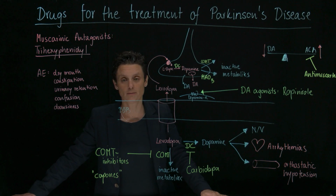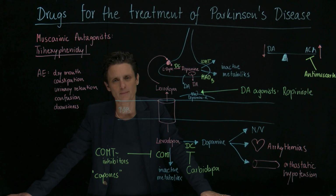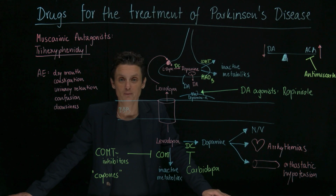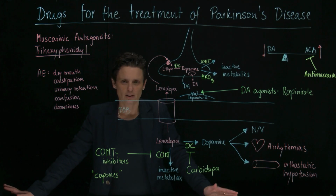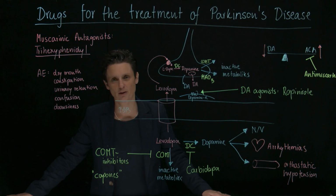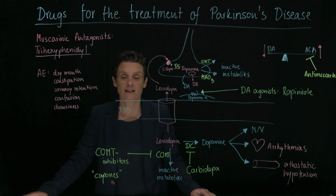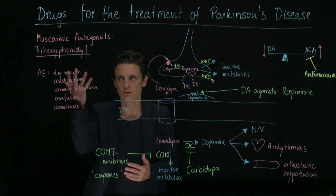And the one that is used in Parkinson's and that you should remember is trihexyphenidyl. So a muscarinic antagonist. What do they have as adverse effects? Well, we all know muscarinic adverse effects like dry mouth, constipation, blurred vision, urinary retention, all these effects, so not very well tolerated drugs. And then the other problem is, particularly in the elderly, they can cause confusion and drowsiness. So you should really avoid these drugs in the elderly. Well, Parkinson's disease is usually a disease seen in the elderly, so that's going to limit their use in the